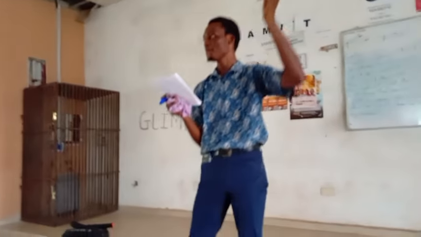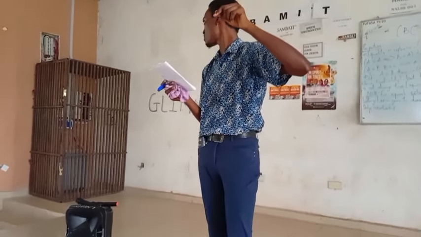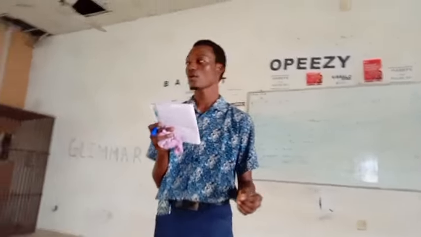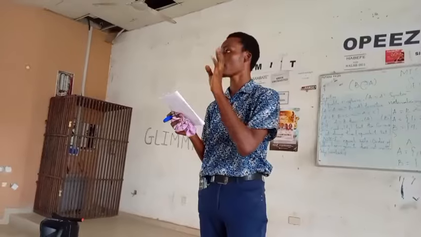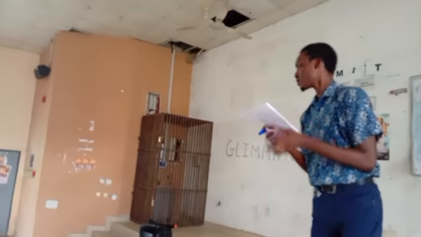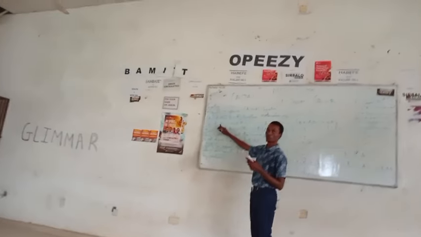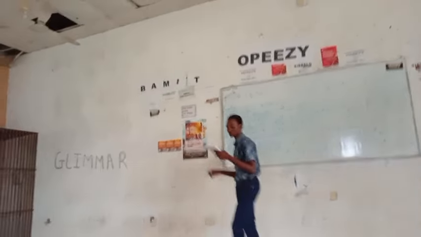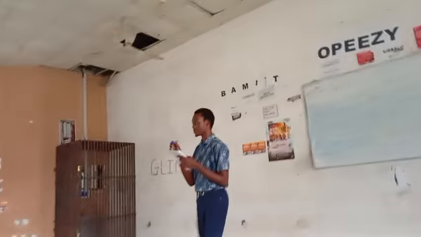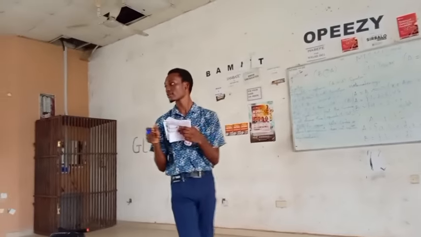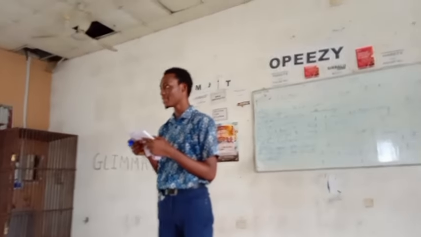If set A equals set B, and set B is equal to set C, it implies that set A equals set C. That is when you have three sets. Now, this is what I want to solve now. If A equals B, then